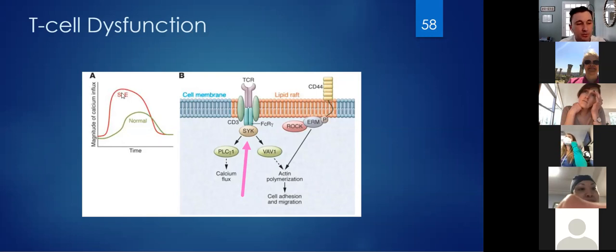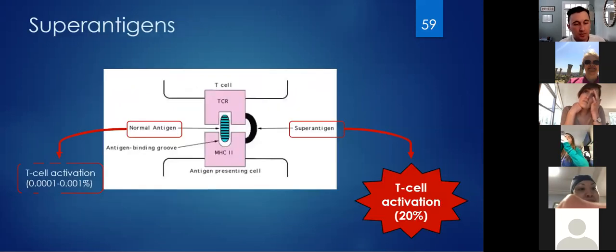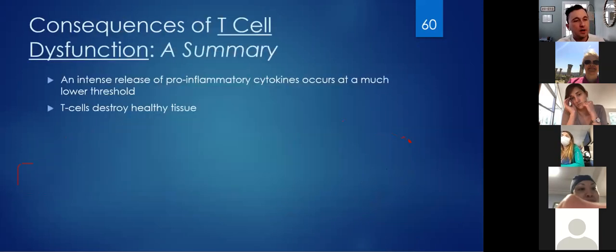And so the T cells are just really, really hyperactive in situations where they shouldn't be. If you came to the lecture last time, toxic shock syndrome had a similar pathophysiology. Now, it wasn't exactly the same, but just through superantigens, it led to this massive, massive T cell response, compared to normal antigens, which is this tiny baby response.